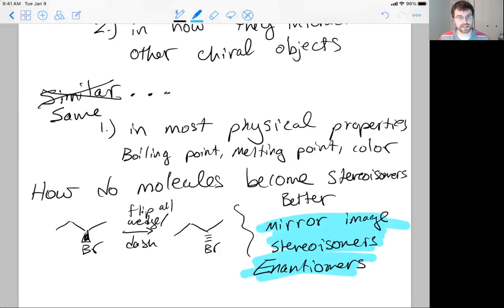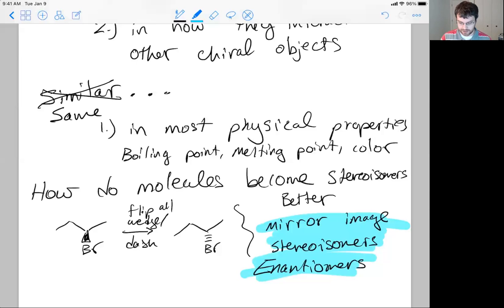We have to associate that when we're talking about a specific type of stereoisomer event, that is 2 molecules, and we say that they're stereoisomers, those molecules must be mirror images. Now, let's think about that. That means that a chiral molecule can have only 1 enantiomer. Whereas, in constitutional isomers, we had like multiple. It got overwhelming in some cases. But no matter what, if the molecule is chiral, it has 1 enantiomer